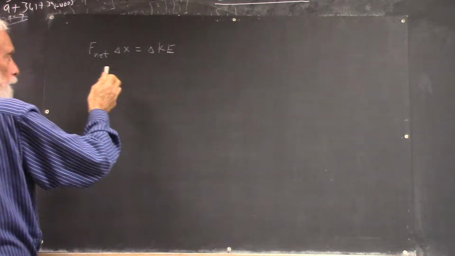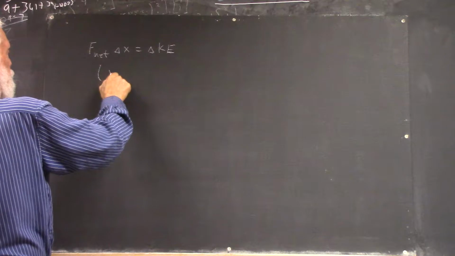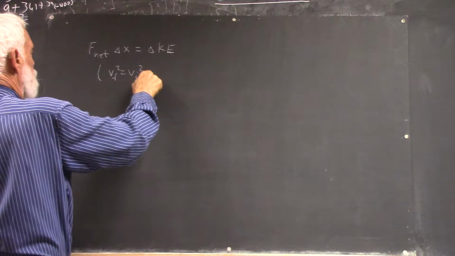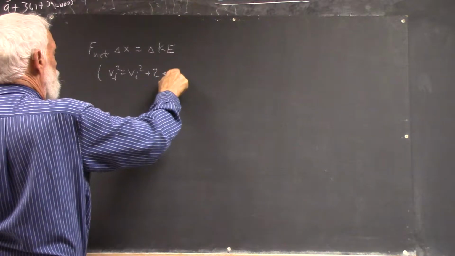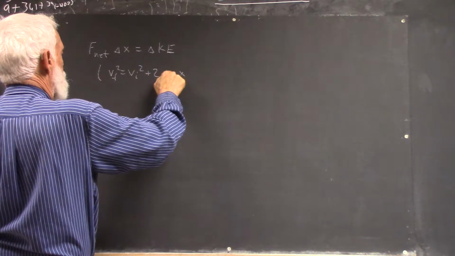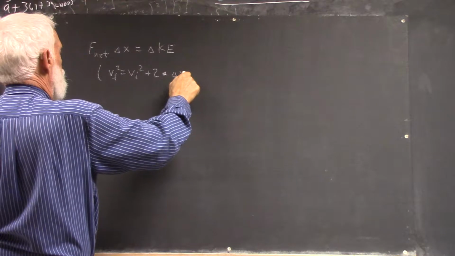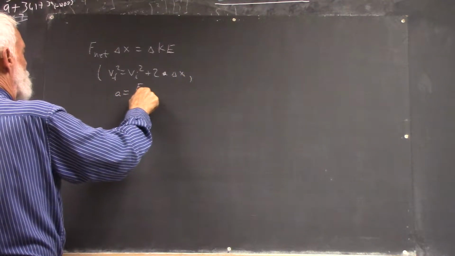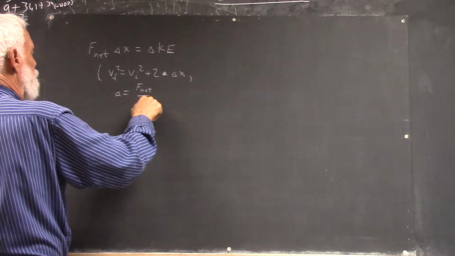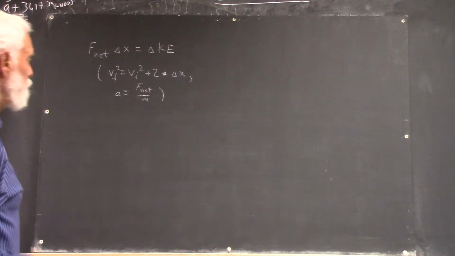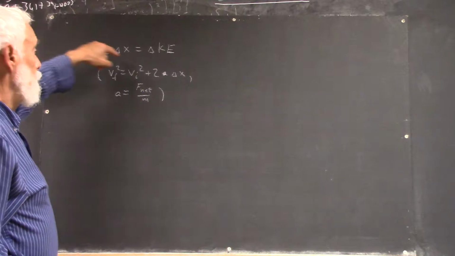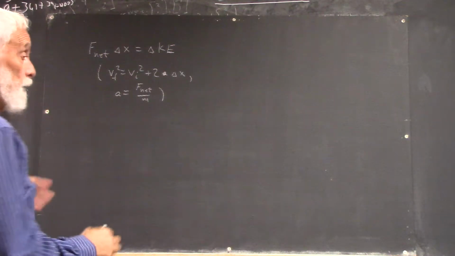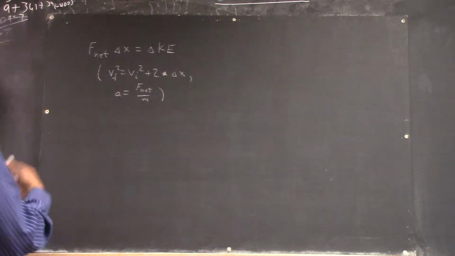Recall, we got that by taking the equation Vf squared equals Vi squared plus 2a delta x, and substituting a equals F net over m. Rearranged, we get this result, and you should understand that derivation, that reason. Now, there's another